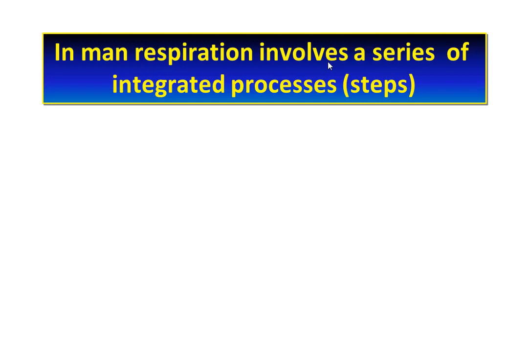It is not a single step process like what we have in unicellular organisms like amoeba. In amoeba, respiration is a single step process where oxygen diffuses from the environment into the amoeba cell, and then carbon dioxide diffuses in the opposite direction. But since humans are multicellular organisms, this cannot happen, and respiration involves a series of integrated processes which include,